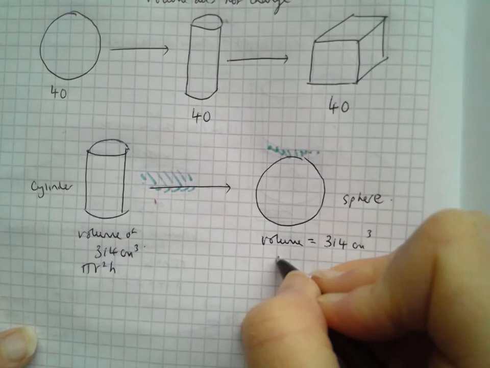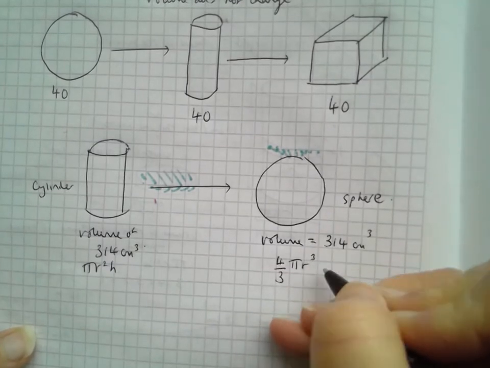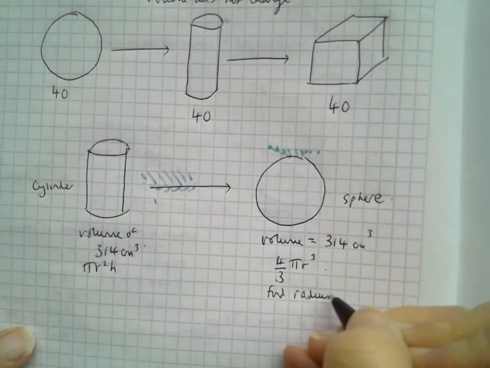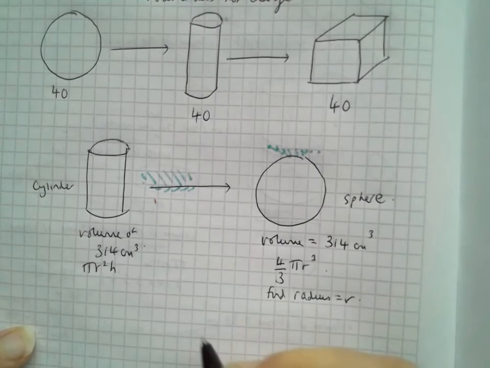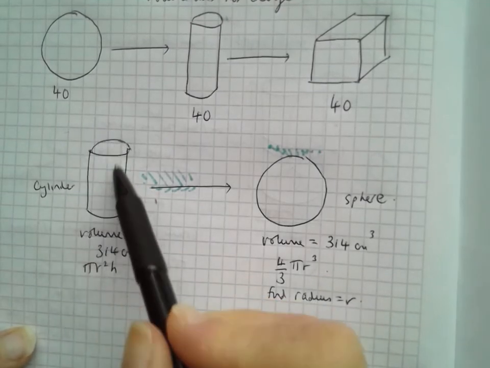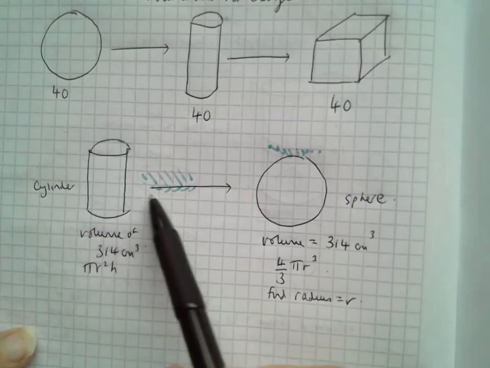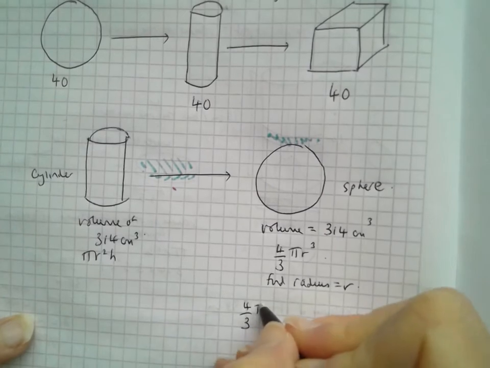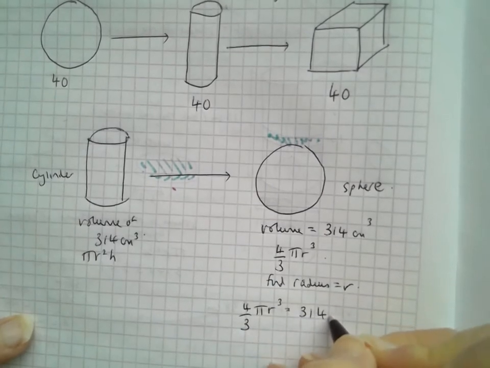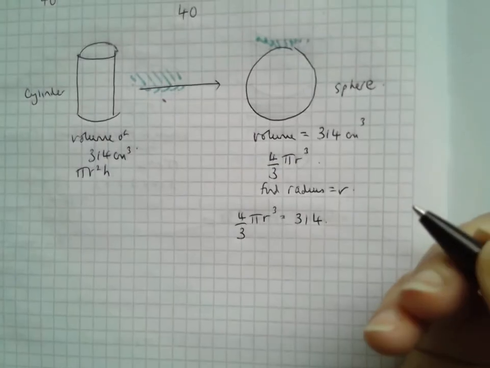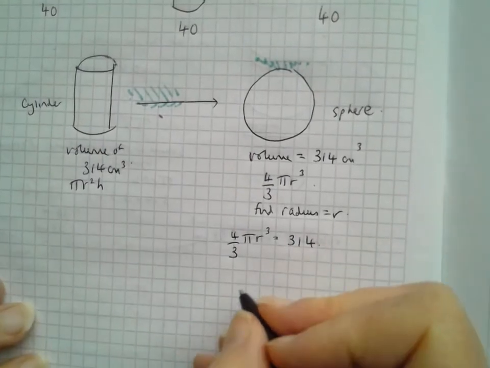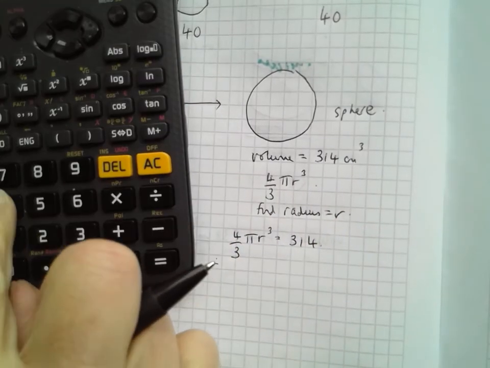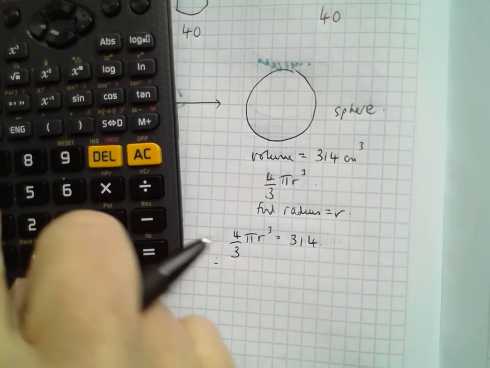And that's 4 over 3 pi r cubed. So we're asked to find out the radius, this value. So what we've been told effectively by telling us that the cylinder has a volume of 314 and they change it into a sphere, we know the volume of the sphere is 314. So we can say 4 over 3 pi r cubed is equal to 314, and we can go on from there and solve that like we've been doing already. So let's just see, I'm going to multiply 4 over 3 by 3.14 first. 4 divided by 3 times 3.14 equals,